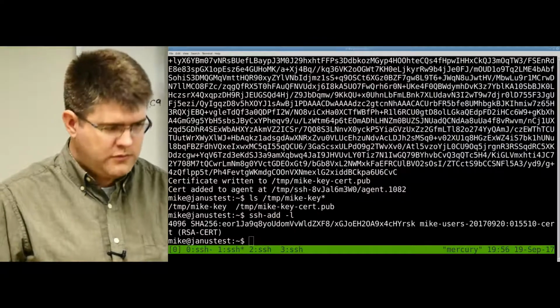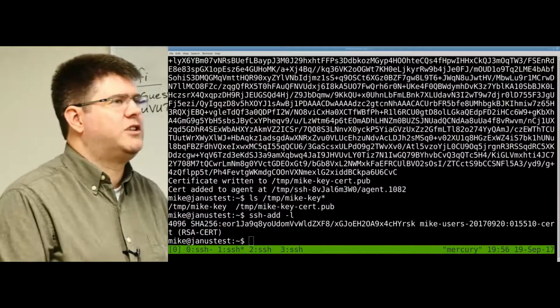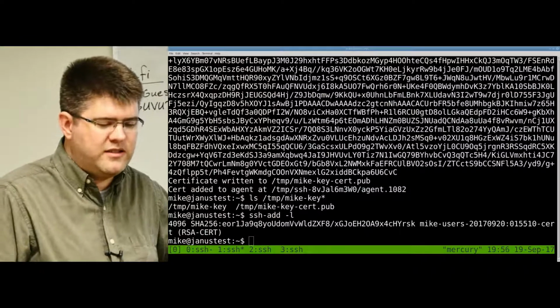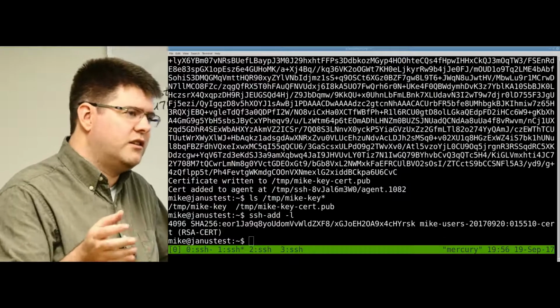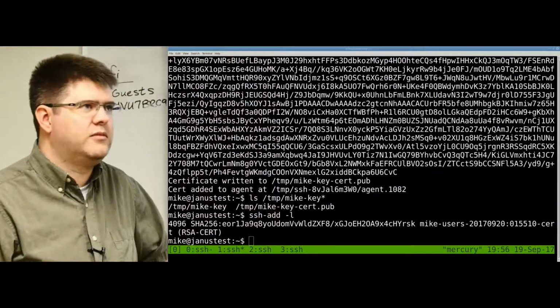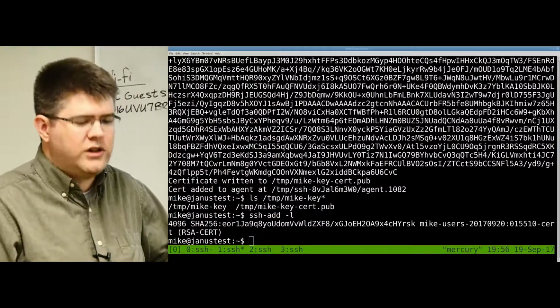I don't have a tool from the remote client right now to grab the public key of a certificate authority, which is something that needs to get added. And so there's not an easy way for me to, in the few minutes we have left, go add the CA key to the app server and then log in using that agent. But,